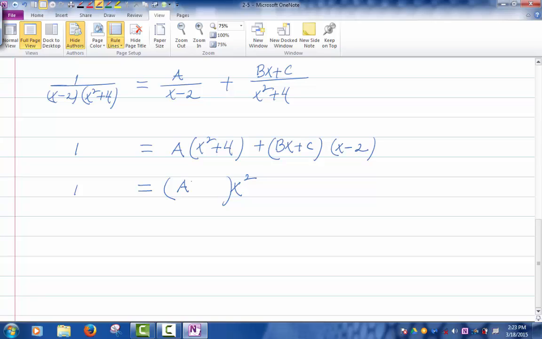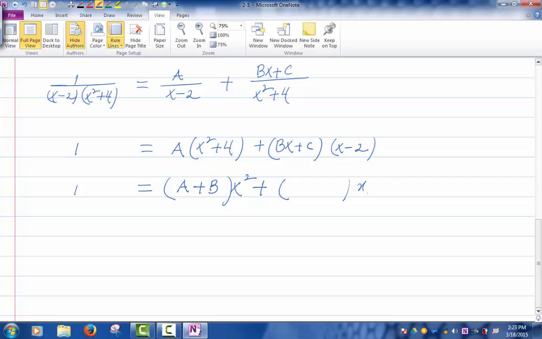From the second term, the only way I'm going to get x squared is when I get an x term here and an x term here, right? So the only way I get an x squared from the second term is when I multiply bx and x. So that's going to give me a b. So I see that the coefficient of x squared has to be a plus b. Now,